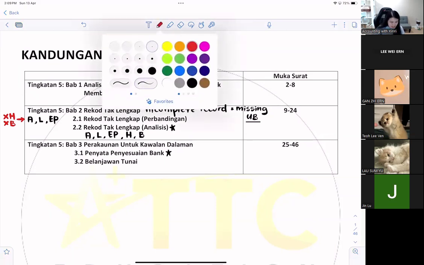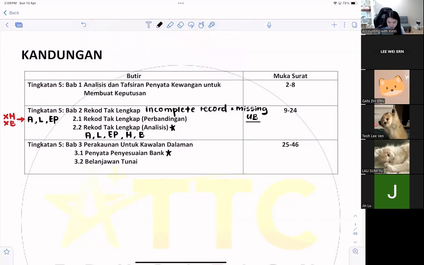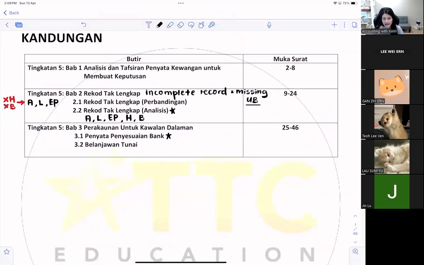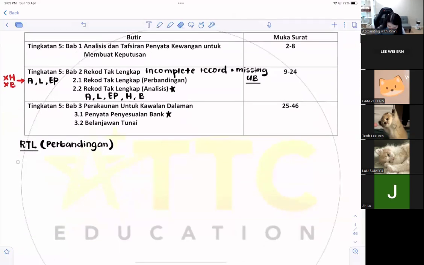So let's begin with the steps, okay? Total, right, for no matter record tak lengkap perbandingan or analysis, we will use 4 steps, okay, as a guide. So starting with record tak lengkap perbandingan. First one, all right. So for the first step, step number 1,